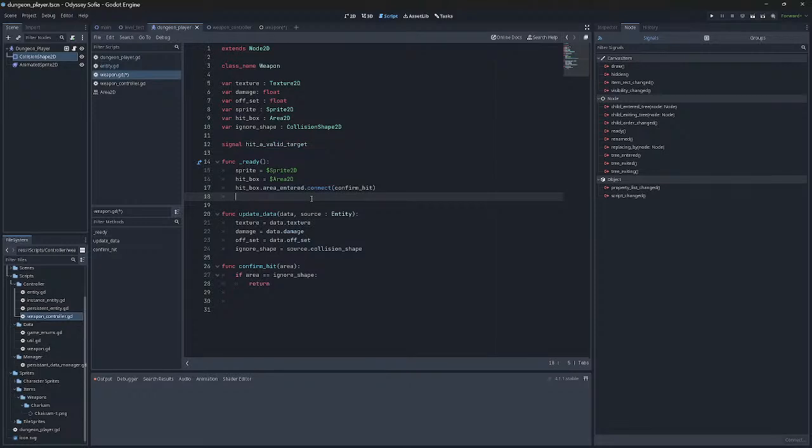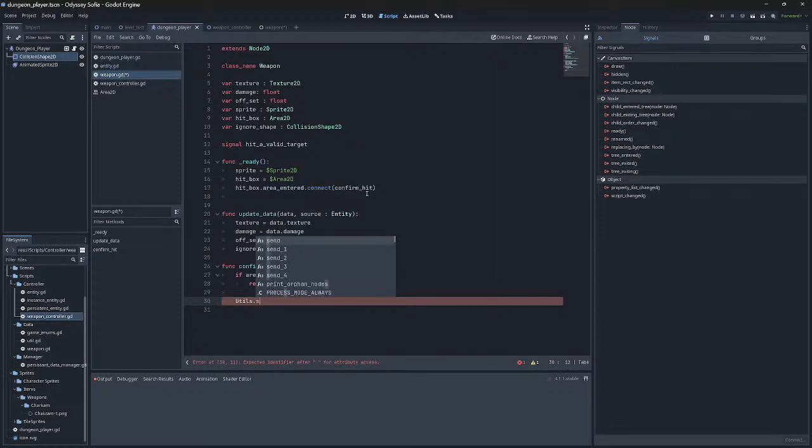Yeah, whatever. So first we're gonna send out a signal saying we hit a valid target. Right? So we've gotten past this. We've wiped out the invalid target. So now we just say utils dot send. We're going to be sending two signals. We're going to send hit a valid target, and then we're going to say